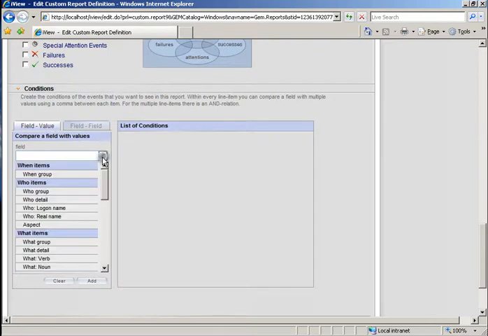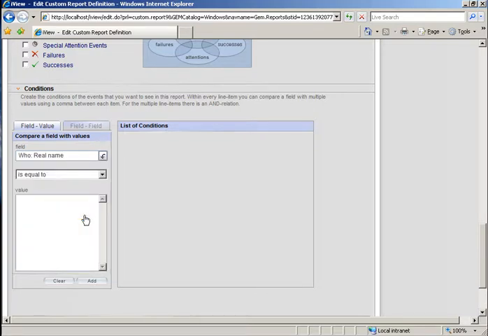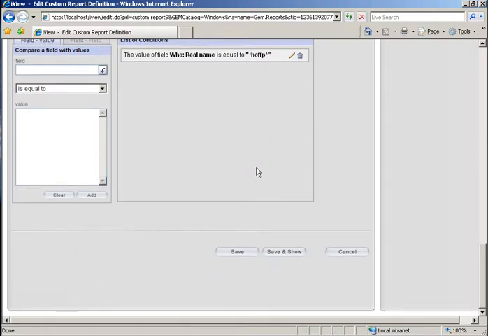For example, you can say, well, I want this report to be specific to who equals, for example, Mr. Hoffbauer. You can just put that and click add here. That condition is going to be created. So if we run the report now,